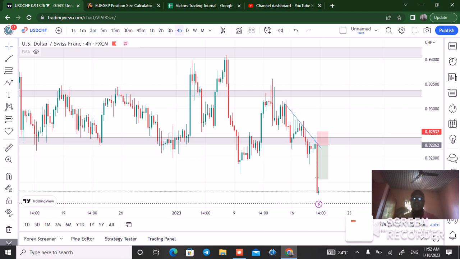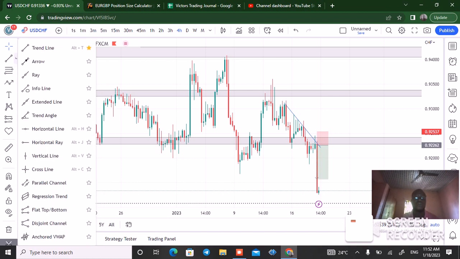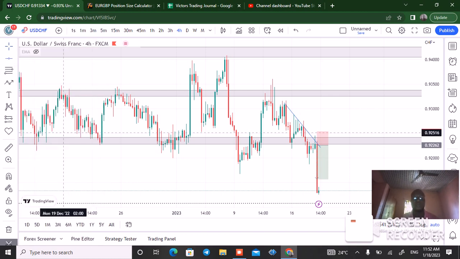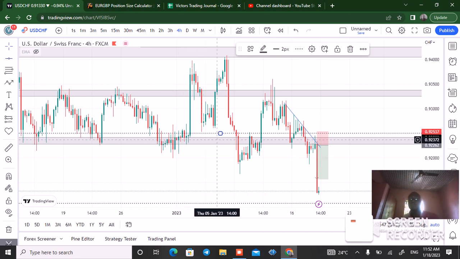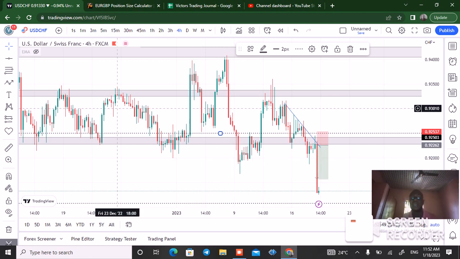Okay, so the first extra confluence I have is the psychological level. If you look here, you will see that we have a round psychological level of 0.92500. Okay, price was below 0.92500, and then the next one we have is the EMA. If we go down to the 2 hour time frame,